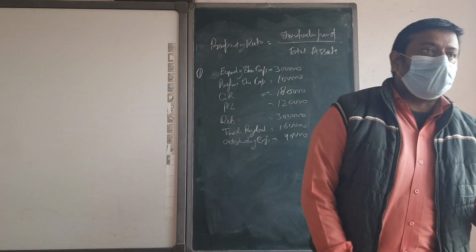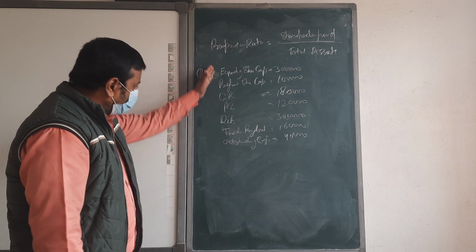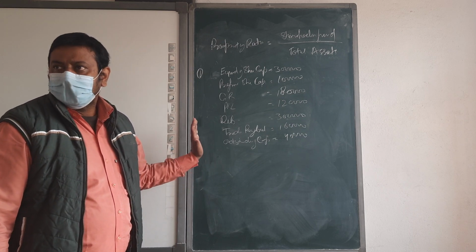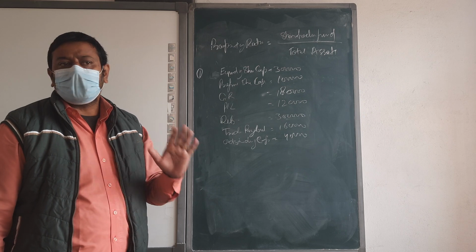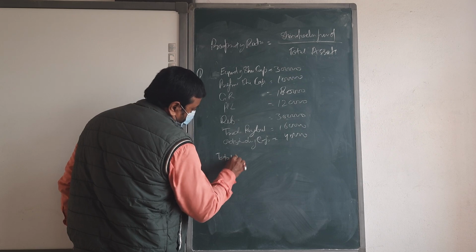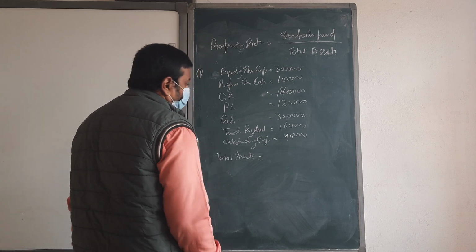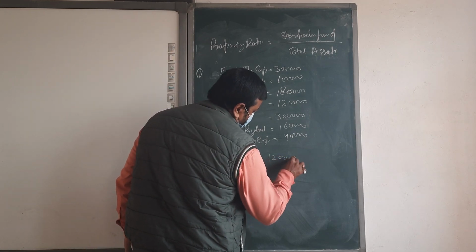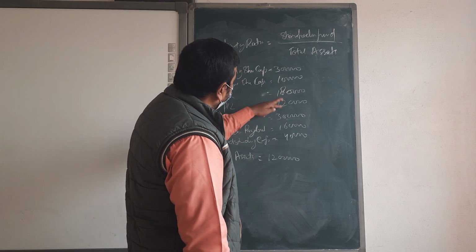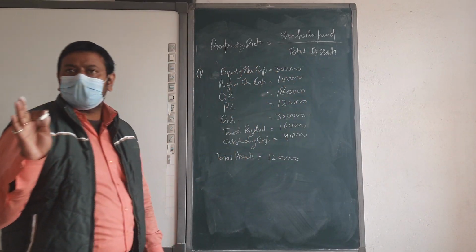So then total liability is equal to total assets, na, beta. It means we are going to add all these liability side heads. Its total will be equal to the total assets. So now we are going to calculate total assets, which is just the total of all, 12 lakh. Just totaling 3, 4 lakh, 5 lakh, 6 lakh, 7 lakh, 10 lakh, 12 lakh. Okay? One head is coming, and the second head is related to what, beta?